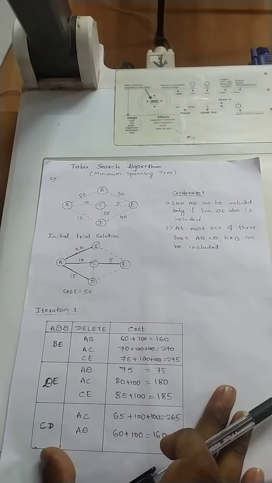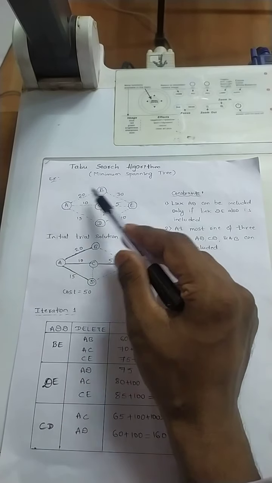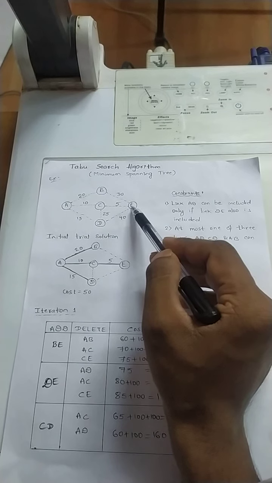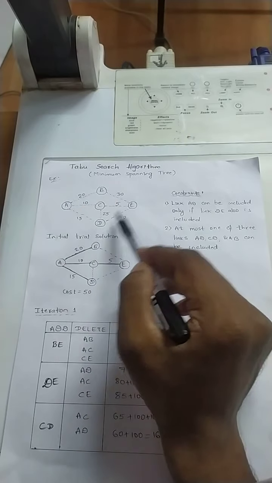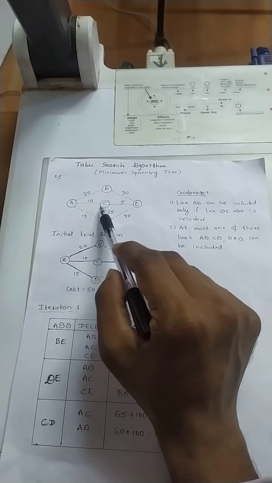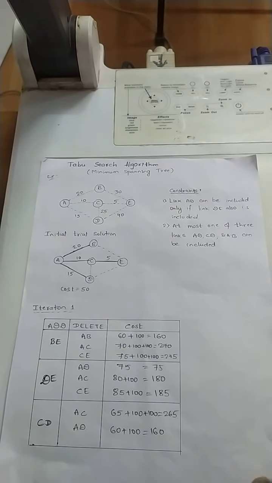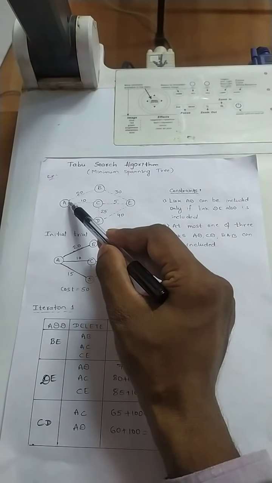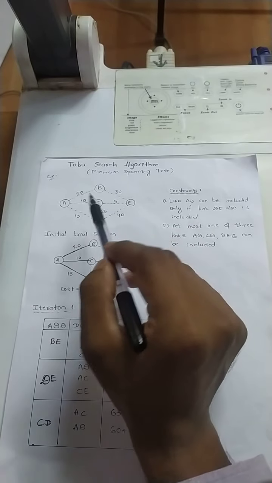A minimum spanning tree means we should reach all the nodes. Like I can reach B from A, then I can reach E from B. Similarly, I can reach C directly from A, but via B I cannot, because there is no edge. In this way we should reach all the nodes, and one more important thing is that there should not be any cycle, that is, there should not be a loop. For example, I cannot consider A to B, B to E, A to C, and C to E, because there will be a cycle. So that should be avoided.